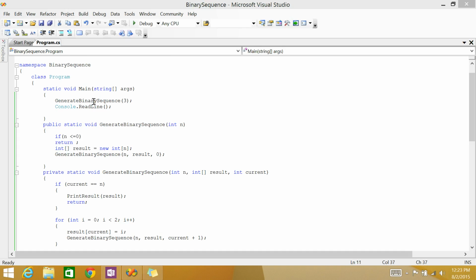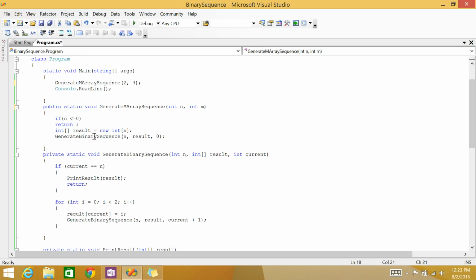Okay, let's try and change this function. So this becomes an M-Ary sequence. Let's make it M-Ary sequence. Instead of n, we will provide m also. So this becomes 2, 3, where n is 2 and m is 3, as we discussed in the example. The generate binary sequence should also be changed to generate M-Ary sequence,